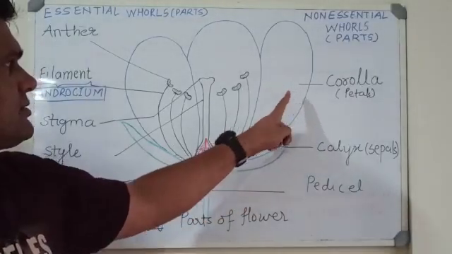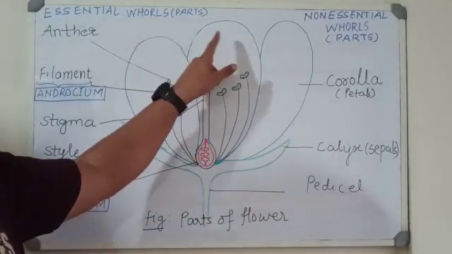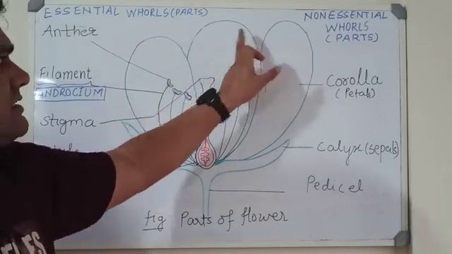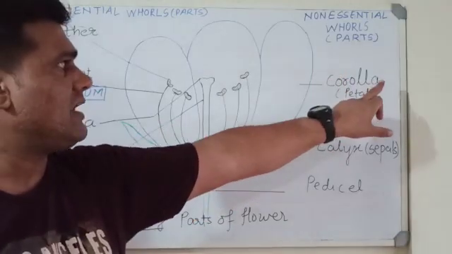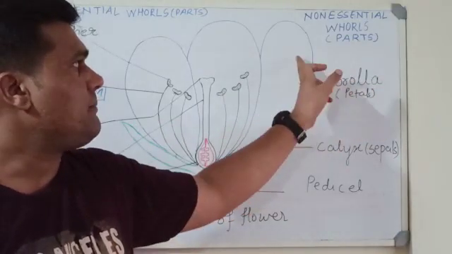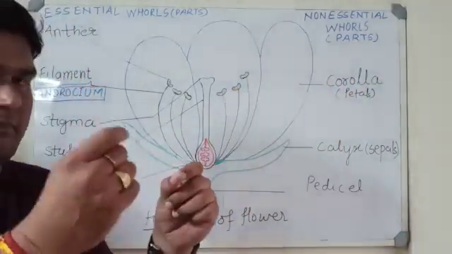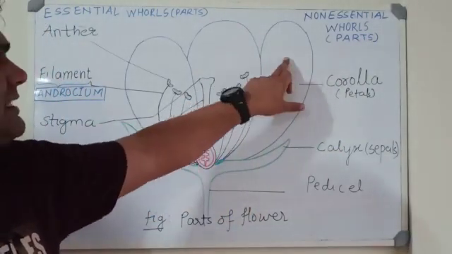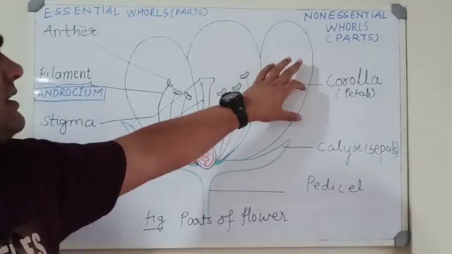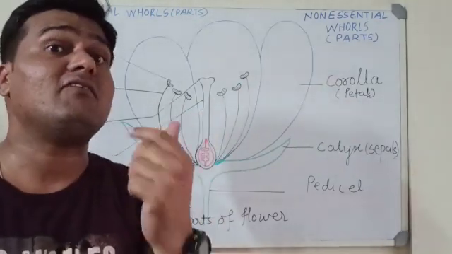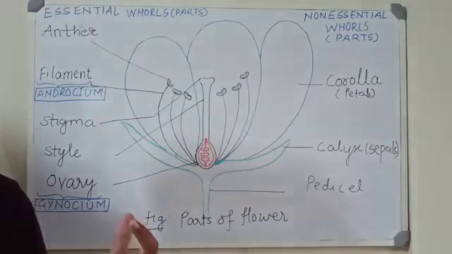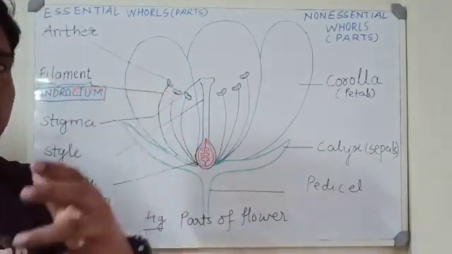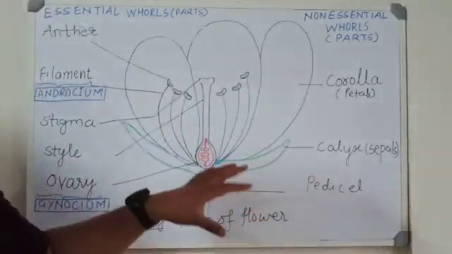Then there is another portion, which is nothing but the different colors of the flower you can see. These different color whorls are known as petals. This is called the corolla. So these are the petals which you can see, these are the different colors of the petals that we can see in different flowers. In the case of the hibiscus we have red color petals. In the case of roses we can see different colors of petals over here.